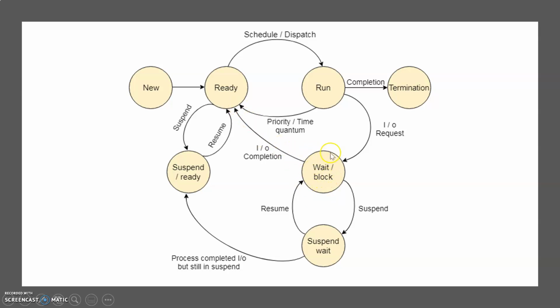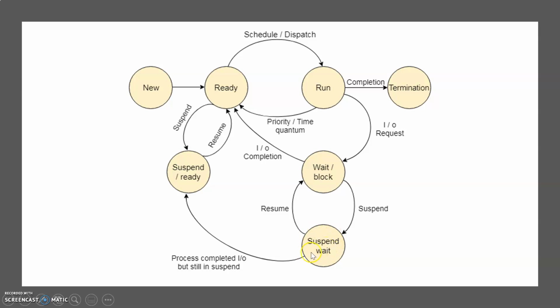When the IO or input output port is available, it moves to the ready state. Now, in the ready state also, it may get suspended, and after a particular delay, it will go back to the ready state again. Here it is waiting for the input output device. Here also the ready suspend can happen.